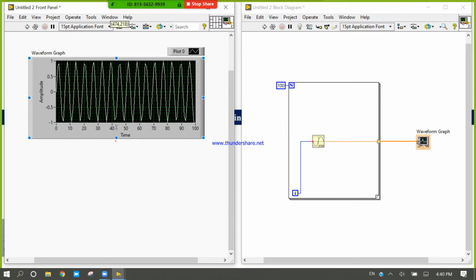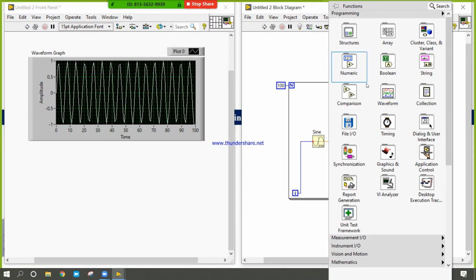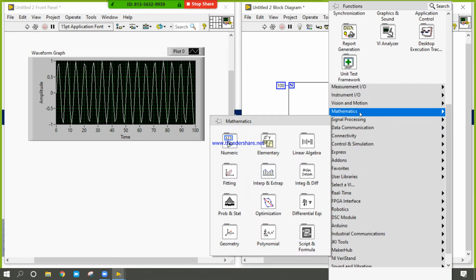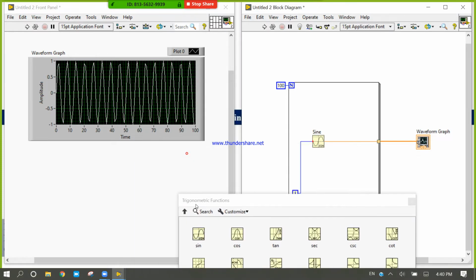What is the size of this array? That is my question first. Second, how many points are present in this number? Tell me if you can. Right click again, mathematics, elementary, trigonometry.